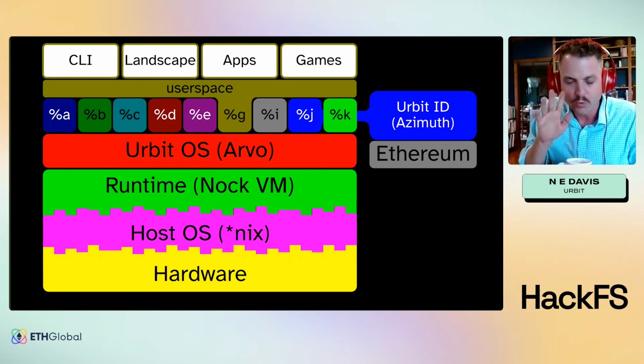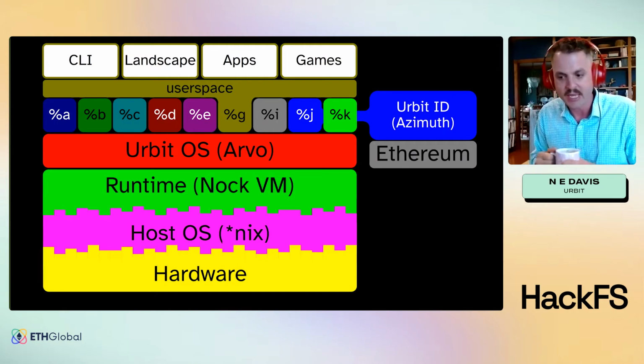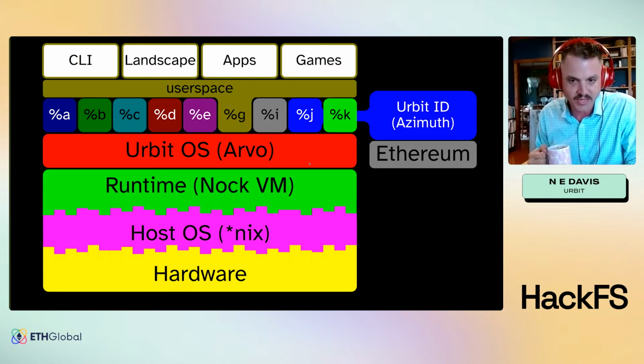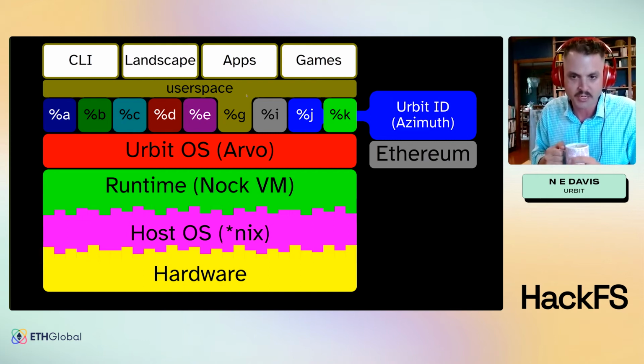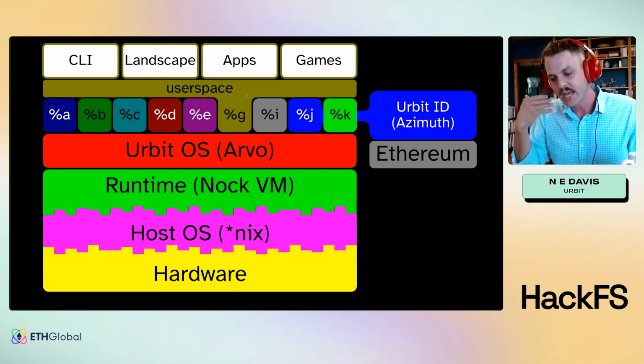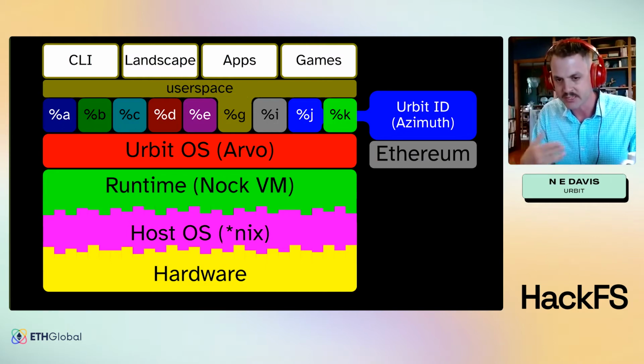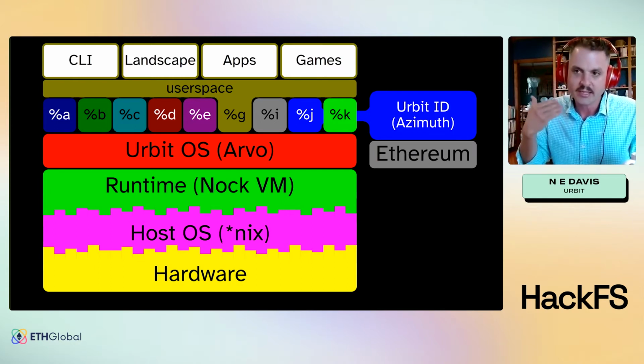Now, when we write things that would interact with, say, IPFS, most of those things are going to take place through the system veins, which are the colored letters here right above Arvo, or they're going to take place entirely in user space, which is where end user applications live. Urbit serves as a backend in many respects. I described it at the beginning as a personal server. This means that you have a CLI or a REPL interface that you can interact with. But for the most part, you're using some other application to provide a front end for you.